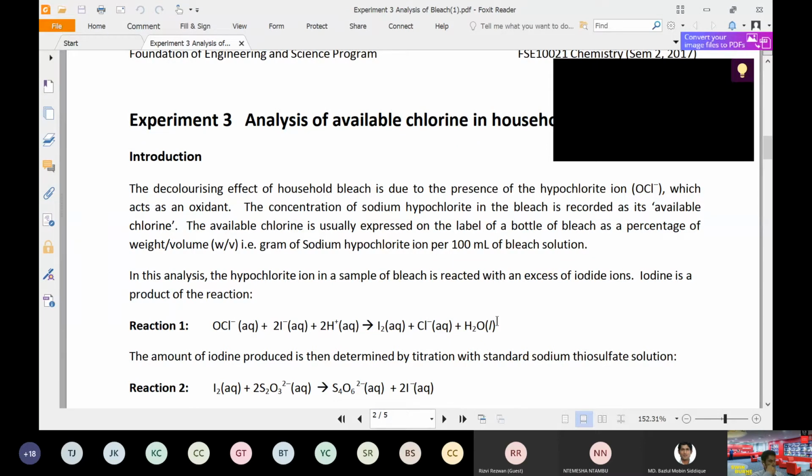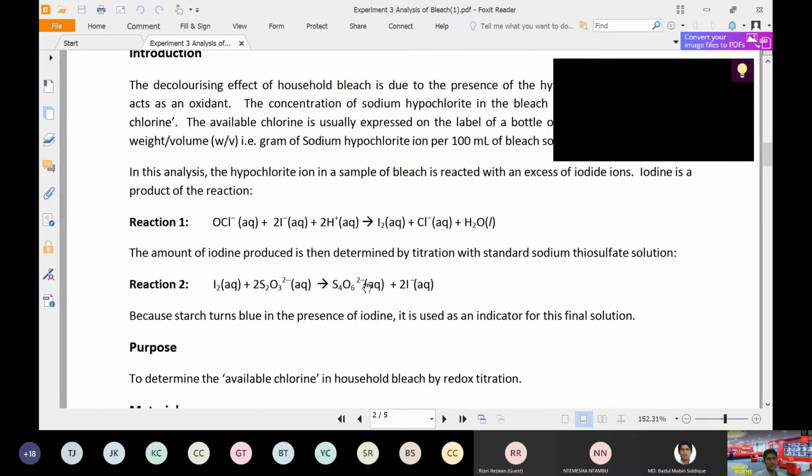But here, the chlorine that we are interested in is responsible for disinfection and decolorization. It is a very strong oxidizing agent. So how much chlorine is in the solution, in that bottle from the manufacturer, we need